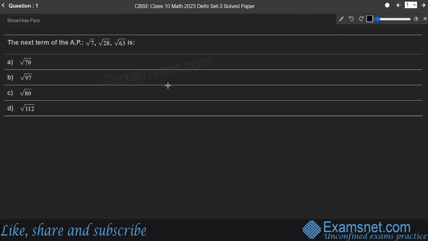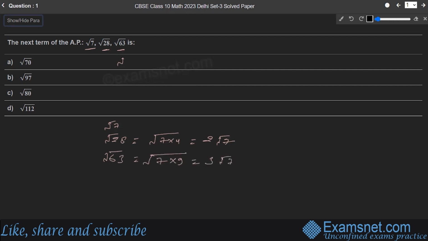Okay, so the first question is: the next term of the AP root 7, root 28 and root 63 is. So if this is an arithmetic progression, then there should be a common difference between them. Let us write, first is root 7, then is root 28. This root 28 can be written as root 7 into 4, which is nothing but 2 root 7. And the next term is root 63, which can be written as root 7 into 9, which is nothing but